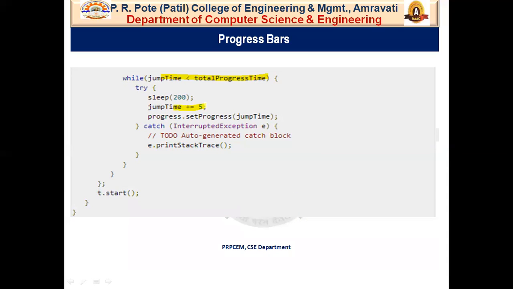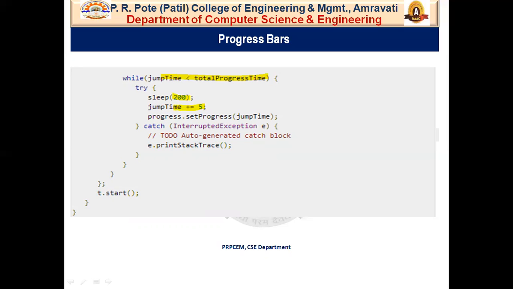This has happened at 200 milliseconds because sleeping time is set as 200 milliseconds. So after every 200 milliseconds, jump time will be increased by the difference of 5. So when the thread started its execution, progress is getting incremented one by one continuously.